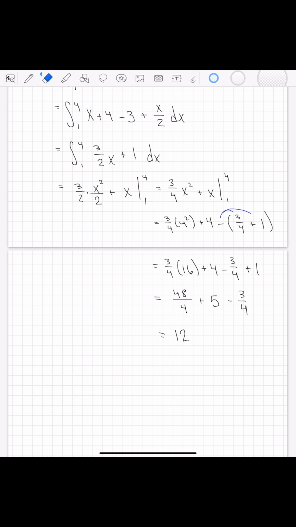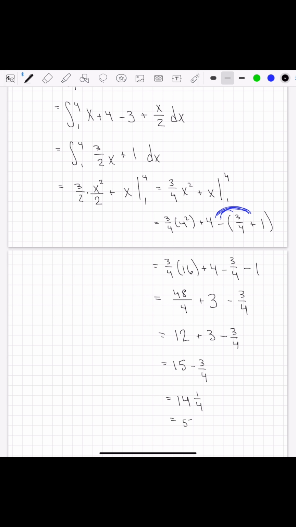I made a mistake because I said that I was going to distribute this negative sign, but I kept it as a positive sign when I wrote it. Silly old me. So let's get rid of that. So that's a minus 1. So it's actually 4 minus 1. So this is actually a 3. So we have 12 plus 3 minus 3/4. So we have 15 minus 3/4, and that's just going to be 14 and 1/4,